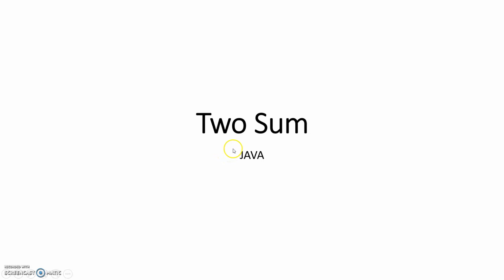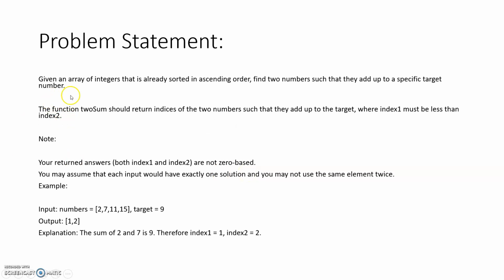Hello friends, in this video I am going to discuss the two sum problem in Java. Okay, so first try to understand the problem statement. It says: given an array of integers that is already sorted in ascending order, find two numbers such that they